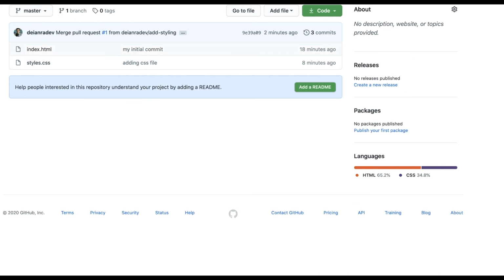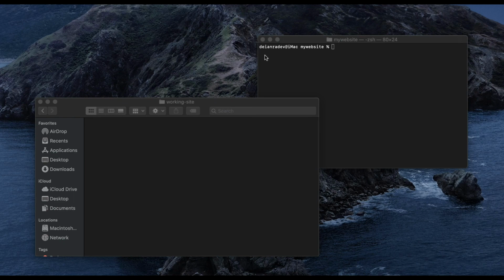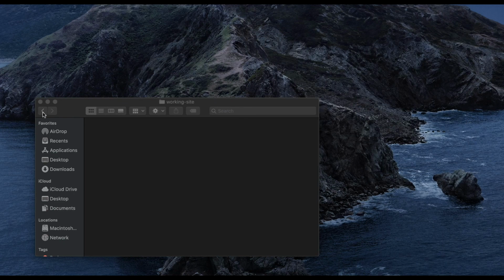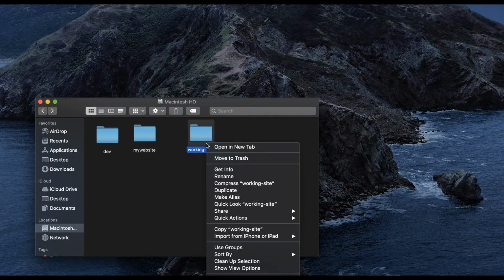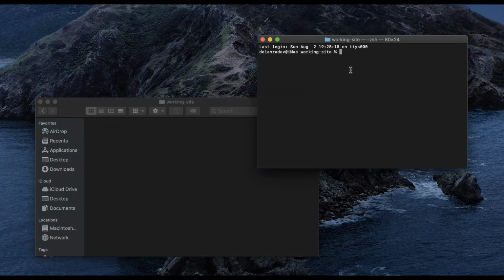The way we do that is we go over here on the right where it says code. We're going to look for this option, clone with HTTPS. I'm going to copy this link by clicking this little button here, or you can highlight it and copy it manually. And let me close this terminal. Let me open another terminal here, and we're going to do